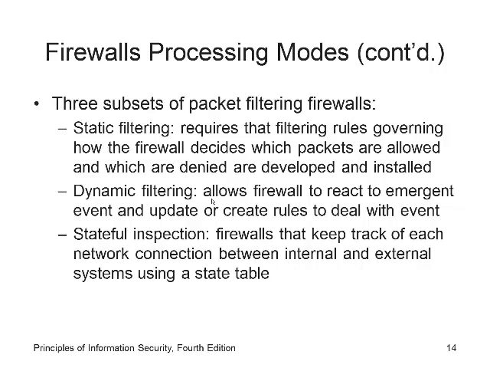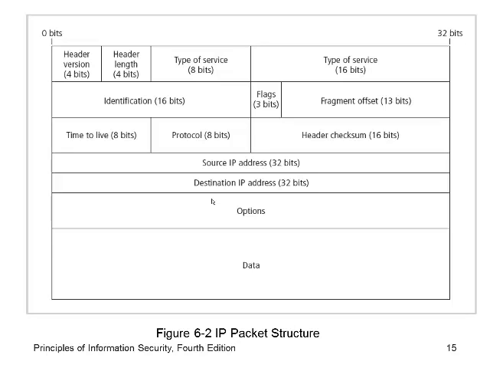All right, and here's an IP packet structure. You will see this a whole bunch more in other classes as well. We have the version and the header length. The version is like IPv4, IPv6, that kind of stuff, but actually the header changes in IPv6. Then type of service, identification, and time to live. Let's talk about that one for a second.